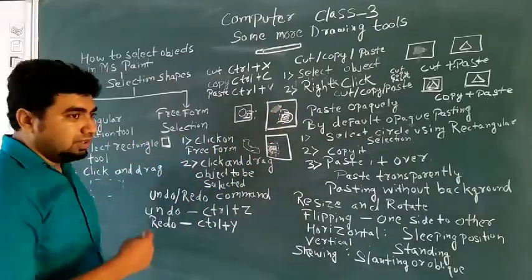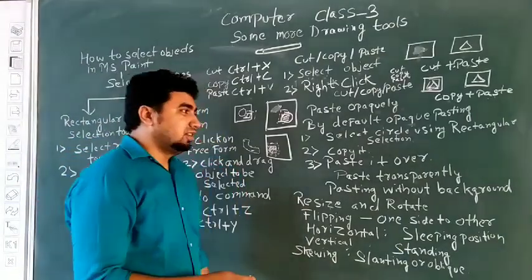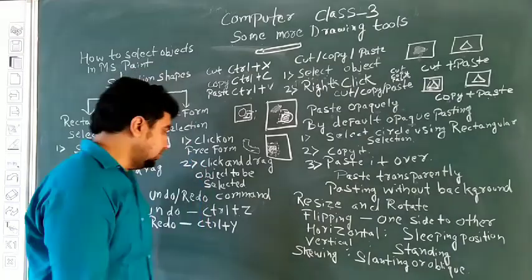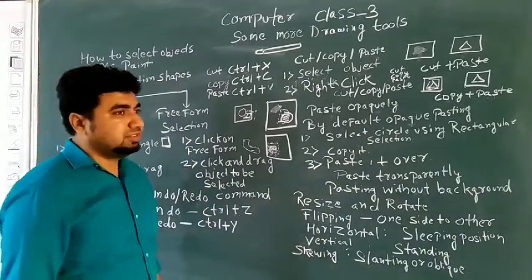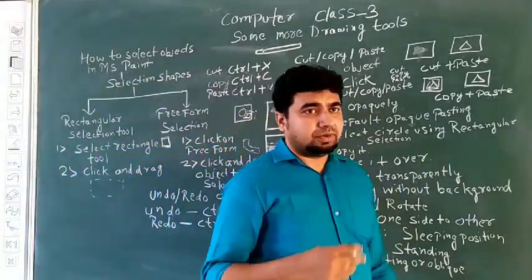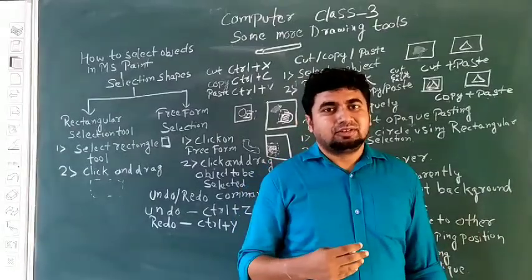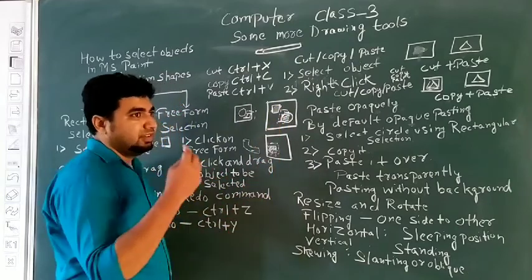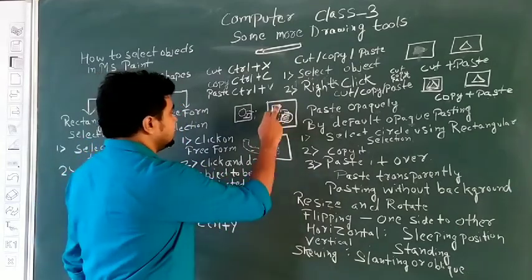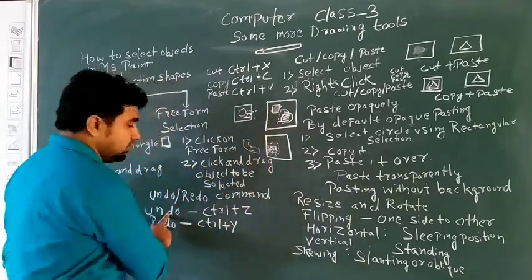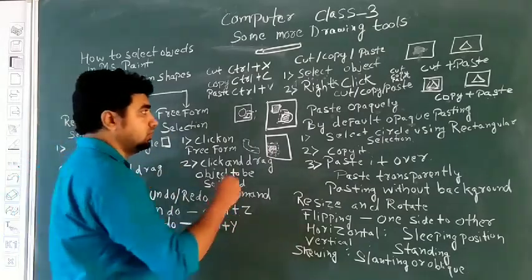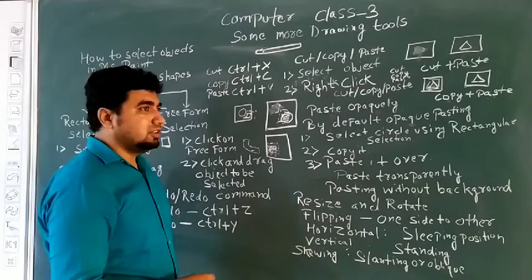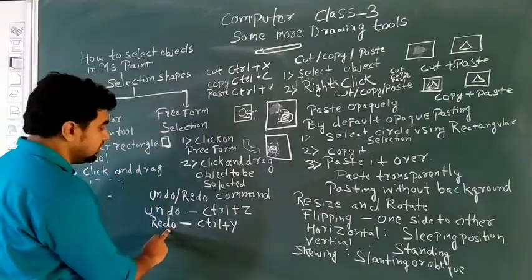Now you realize once again that the thing you have pasted was correct. So that can be done with the help of the redo command. Means first you thought that what you have done is wrong. Suppose you have pasted this thing and you thought that this is wrong. First of all you do undo, means you are rubbing it or removing it. Undo means removing it. Now you realize that it was correct, so you can use the redo command.